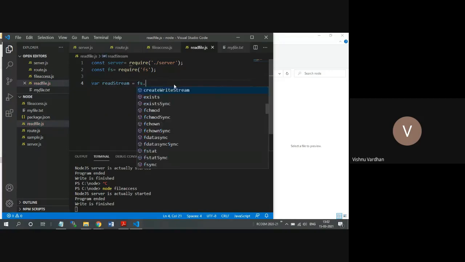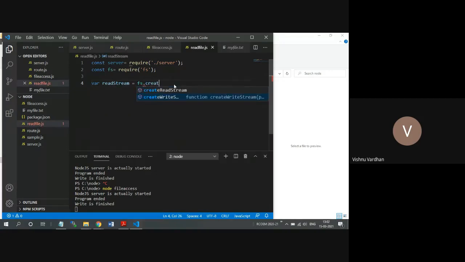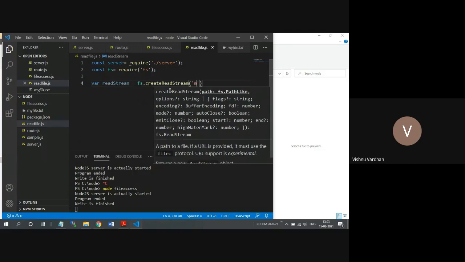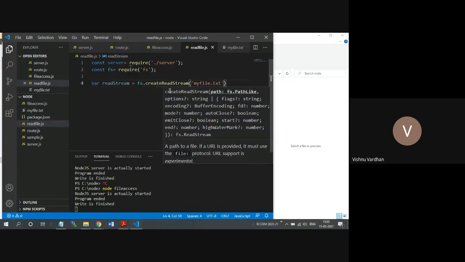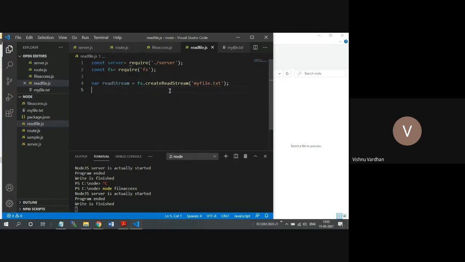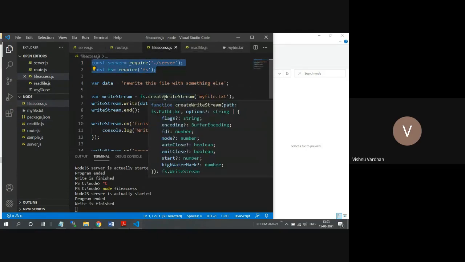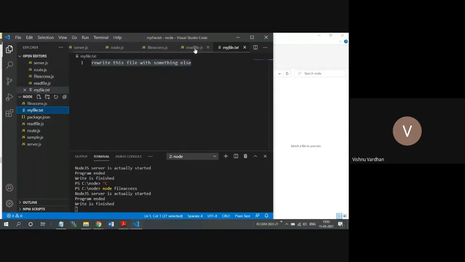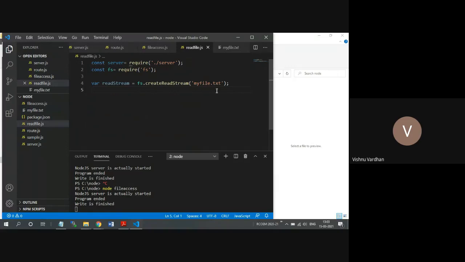So how to do that? Same, createReadStream. Earlier we have taken the write stream. Now we will take the read stream, and we will provide the same file.txt. Earlier, what we have done is we have written something into this file, myfile.txt. But in this case, we are going to read from an already existing file. So how to do that?